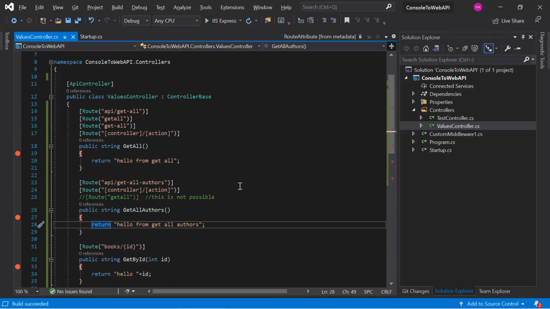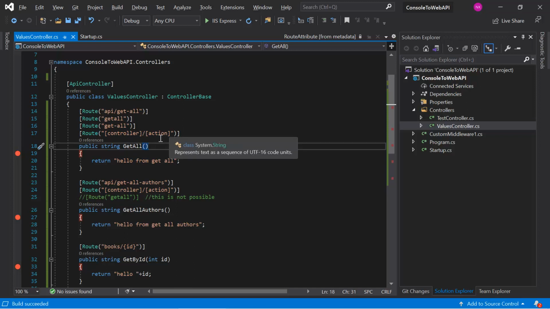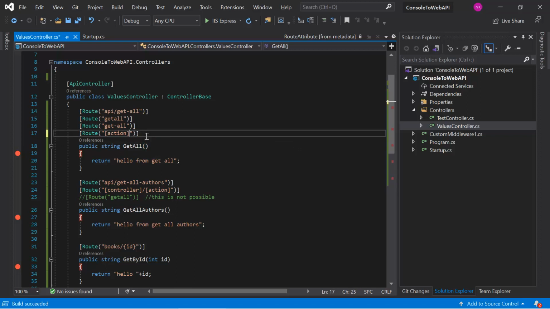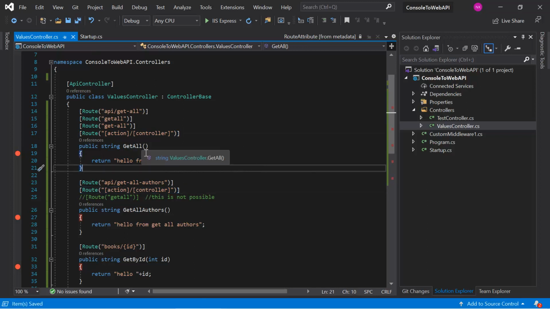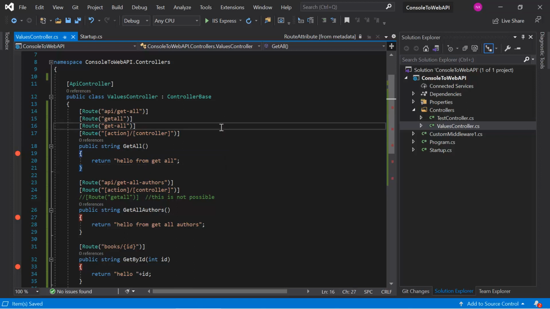If you are using the concept of area in your web application, then you can also pass the area over here in this token replacement. You can define the order as per your need. Let's say you want to have the controller in the second part and you want to have the action in the first part, something like this. Let's update this one also. Now you can access this URL by using the action method name first and then the name of our controller. So it basically depends on you. You can define your template as per the need of your application, but the overall requirement is that it must be a unique URL.